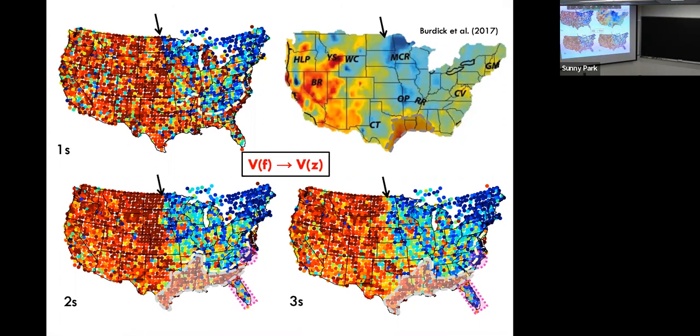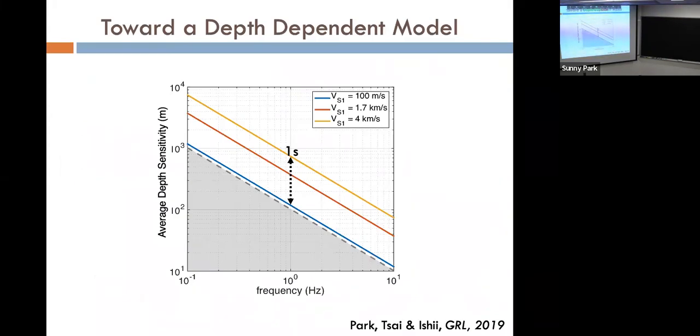Now we're working on how we can convert these velocities, which I showed as a function of frequency or period, into a function of depth. To work in that direction, this is an average depth sensitivity we got for this kind of analysis, with the vertical axis in meters and the horizontal axis in frequency in hertz. As you can imagine, this is not only a function of frequency, but also of the absolute velocities themselves,